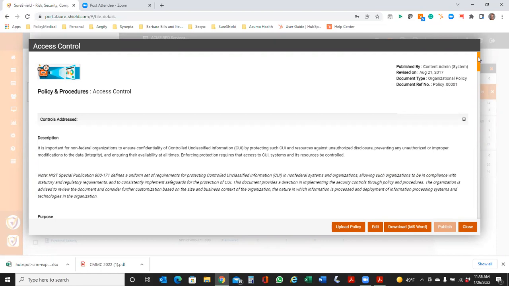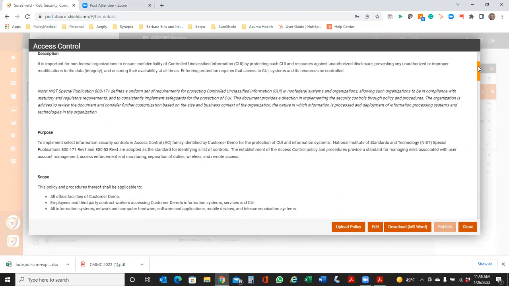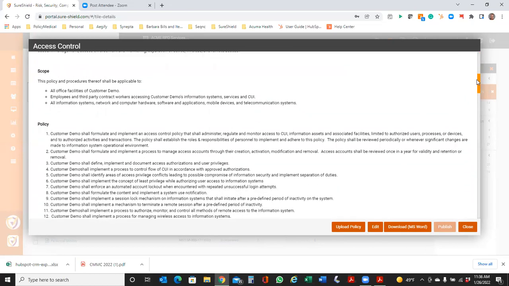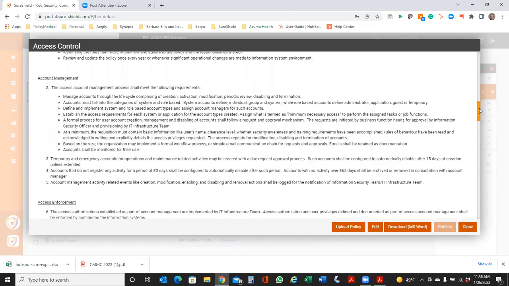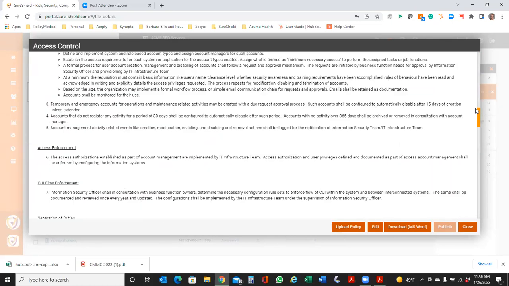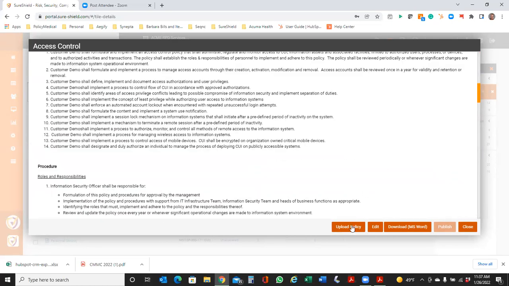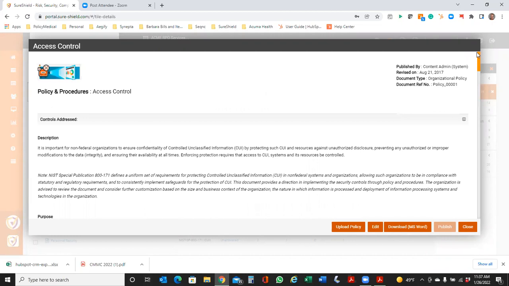Now you have the ability to either append these. If you do edit, it will go ahead and save any edit history, so you know when things have been updated. You can also, if you already have your own in place, upload those policies and override these. And the beauty is that they are already mapped to the controls. You can also go ahead and download these into Word, and you can output those policies to review and make any changes you may want to make to them and bring them back into the system. These all come as a component and prepackaged with our solution.